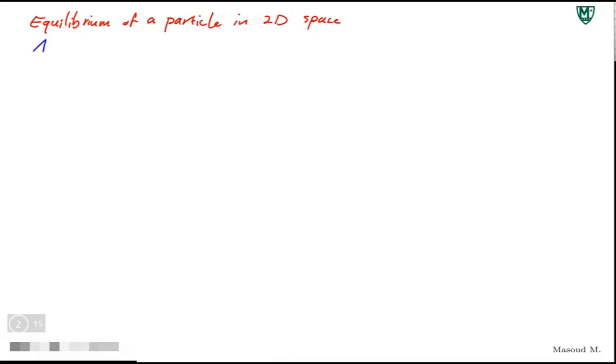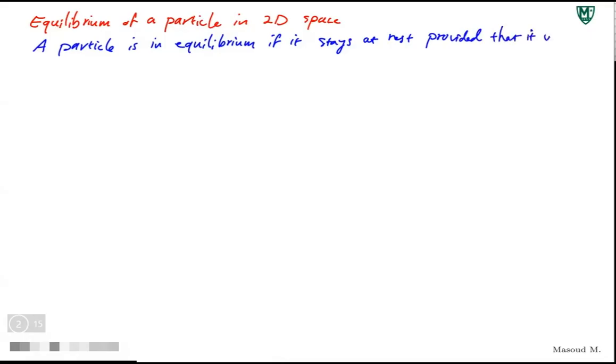So briefly, I want to say a particle is in equilibrium if it stays at rest, provided that it was originally at rest,